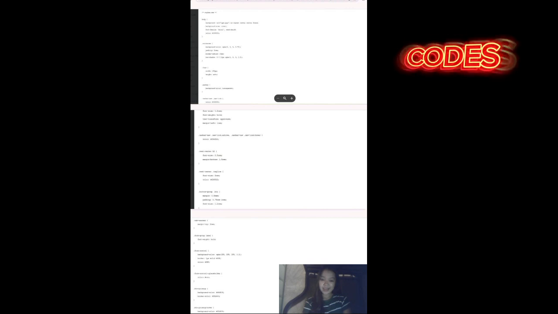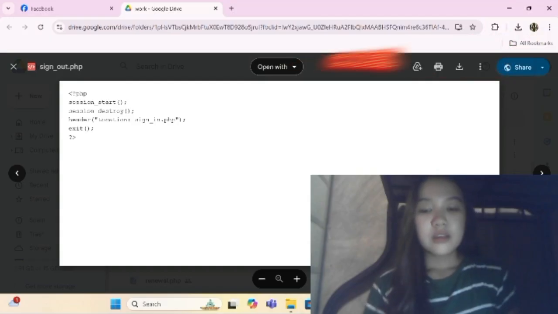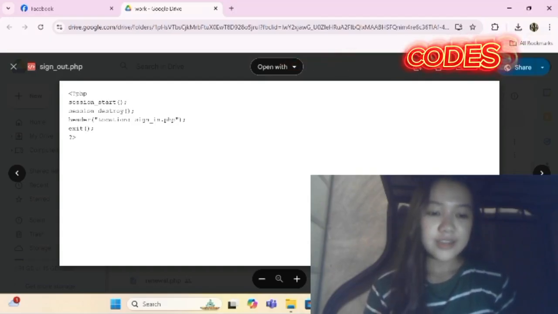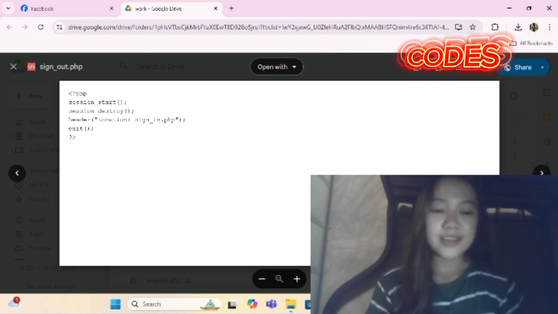Next code again, we have sign out. This PHP code logs a user out by clearing their session data and sending them to the login page. This CSS code styles a gym website